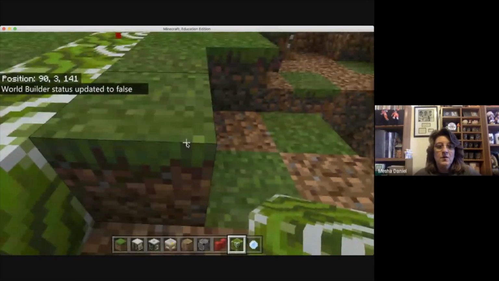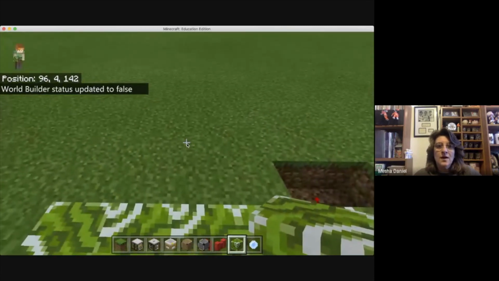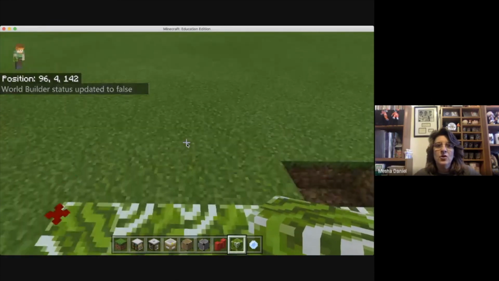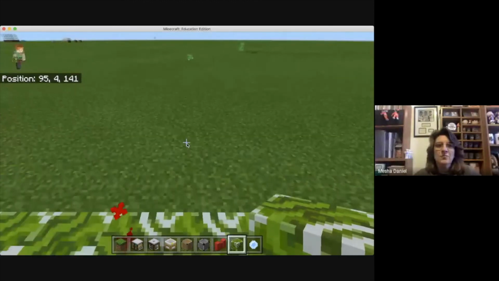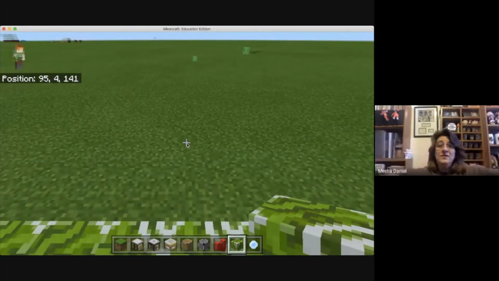Okay. Now, if I try to go this way, I'm stuck. I can't move forward anymore. I am trying really hard to go forward and I cannot, because that border is there. Now I could put this around an entire large area. I can make it so there are certain areas where the kids, or my students, can't get to